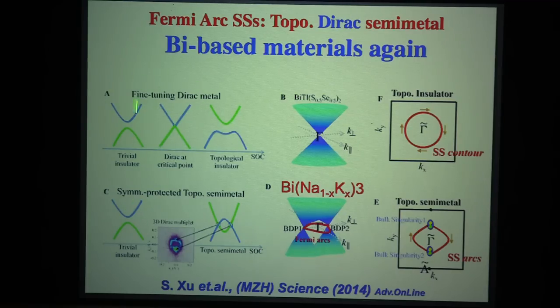Now think about a scenario like this. This inversion has happened, but this gap has not opened. The gap didn't open because there are additional symmetries that are protecting these crossings. There are many examples of that in condensed matter, right? Not necessarily in the topological context. So then if that happens, that these crossings are protected, then the surface state should be protected